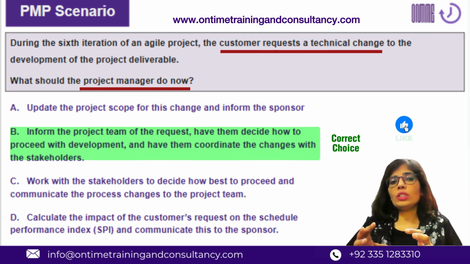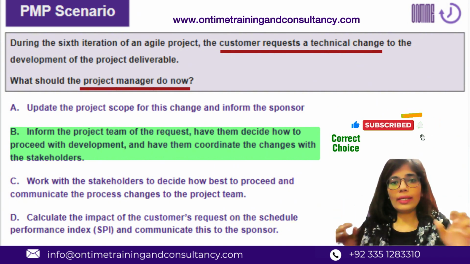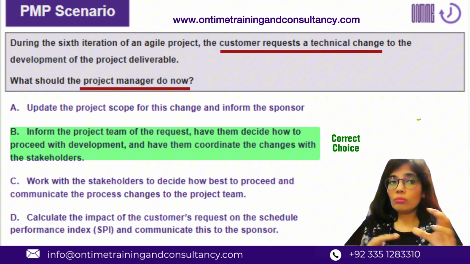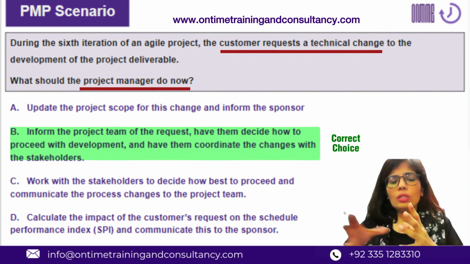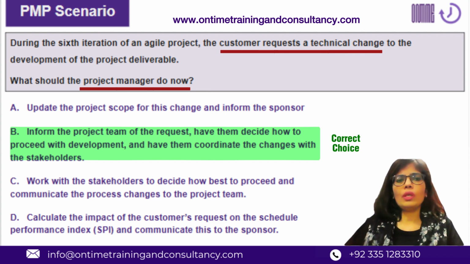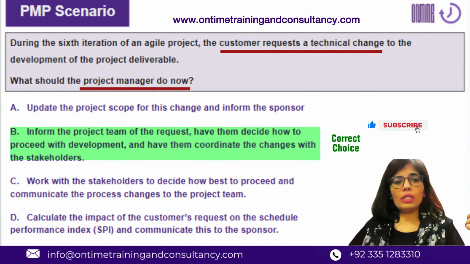So the right course of action in this situation is the technical team should be understanding the technical change and collectively, all of them should be understanding that in a group. Ideally, as during the backlog grooming session or maybe in the sprint planning session. And then they will decide if they are okay with that, if they have any questions, if they require any clarity from the product owner or from the customer side, and then you start working on that.